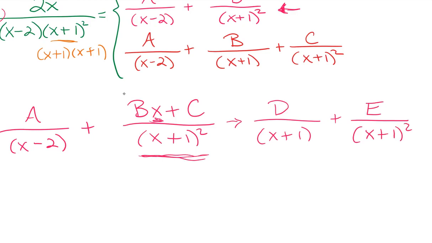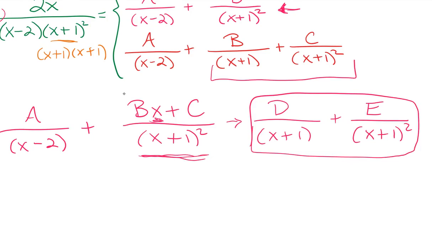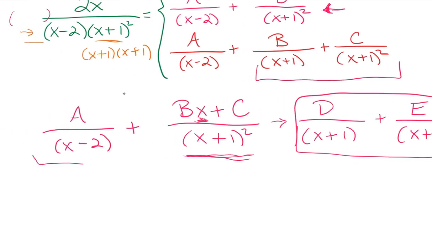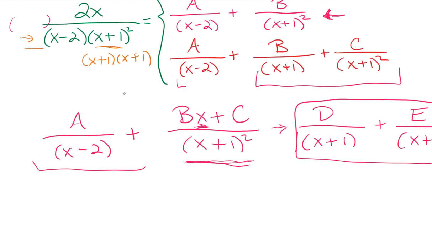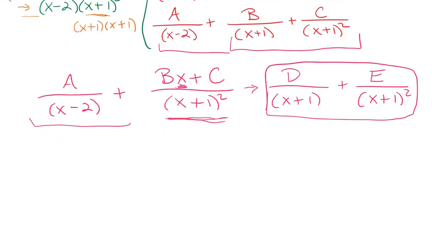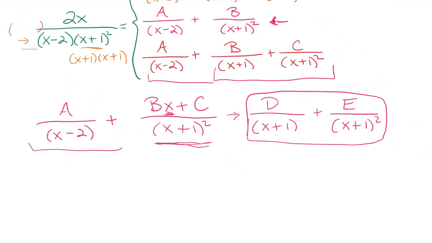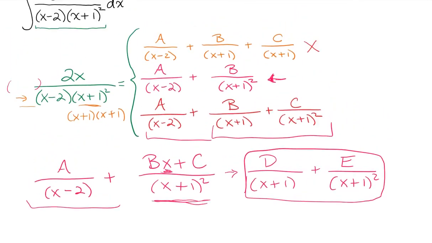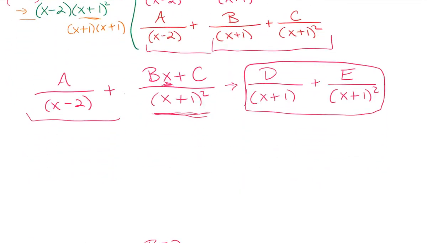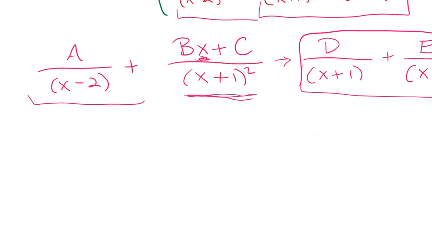And that is essentially what we have right here. And then if we added that to our a over x minus 2, we would have this third form. Well, we're going to look at an example, and hopefully that will help this make more sense to you. But in general,